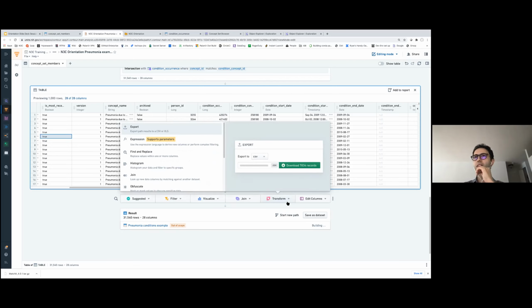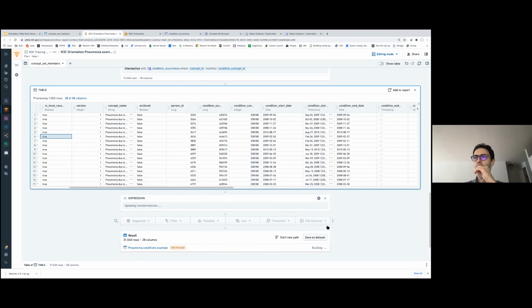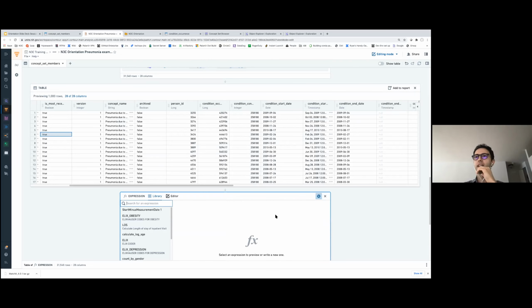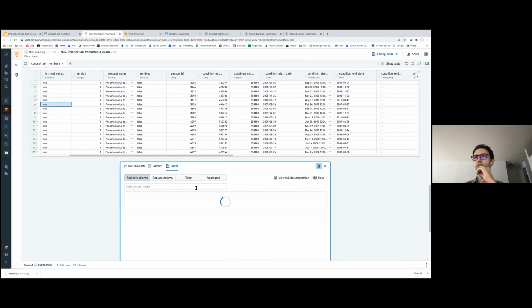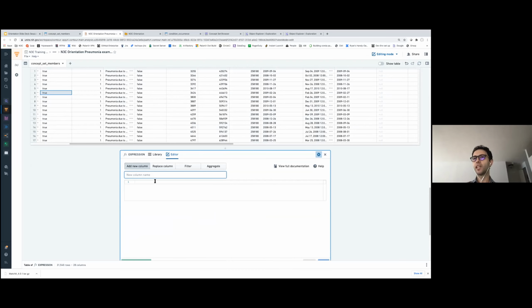So for that, there is what we call an expression board, which lets you write some code similar to SQL to either create new columns or update existing columns. So in my case, I'm going to create a new column and call it condition duration.